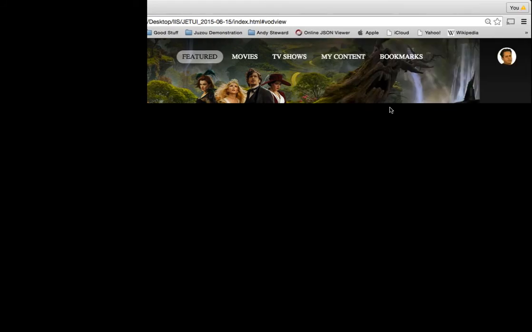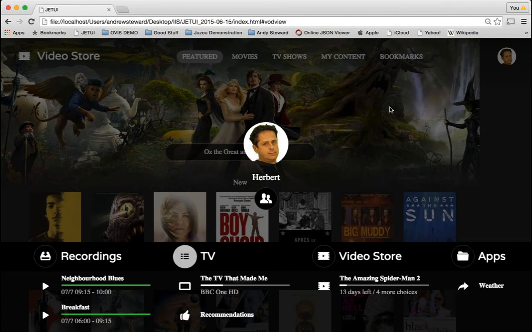And then basically this is a browser-based experience of the user experience for a set-top box developed in HTML5, JavaScript, using some framework, and it was built and designed by Zenterio, who are a middleware provider for set-top box applications. We're currently looking at the video store. If I go to menu, go to the TV experience,